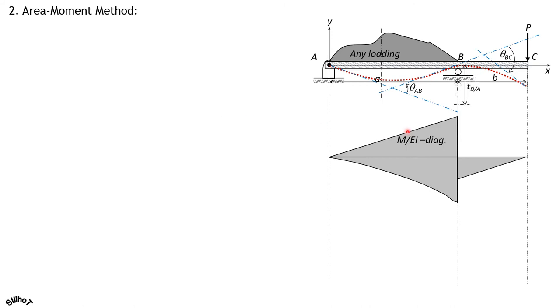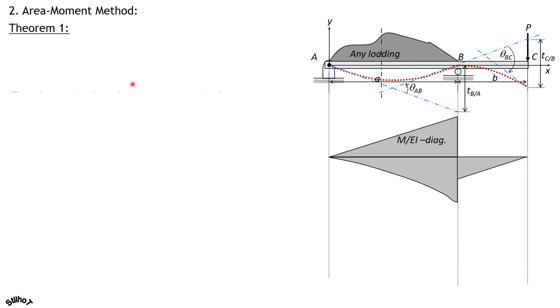So from this reference tangent A to point B, this vertical deviation of point B relative to the tangent at A is expected to be positive because point B on the elastic curve, which remains at its position because this is a support that does not yield or settle, is above the reference tangent at A. So that's the reason. Likewise, the deviation of point C relative to the tangent at B, because point C on the elastic curve is below the reference tangent at B, which is at the left, is